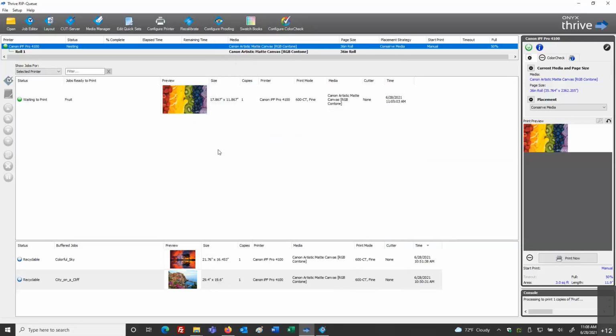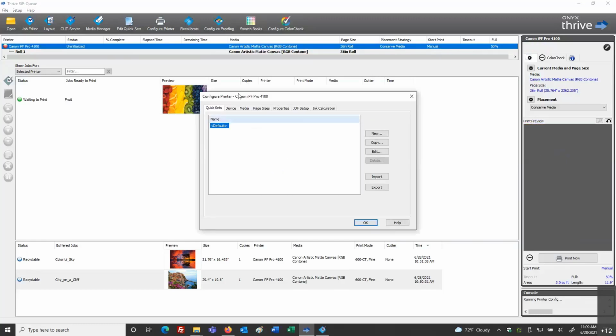Now, we're going to start out with going into the main command, configure printer. When we go to configure printer, this is going to prompt us that we're going to go offline. So at this point, we're going to say yes, I am not ripping or printing. The message is saying it's going to stop any of that. I'm at a point where I'm not ripping and I'm not printing, so I can say yes and go offline. And what that does when we go into this configure printer command is it puts our printers from a green circle, green active printer, to a red offline. And we can see that indication in the upper left corner.